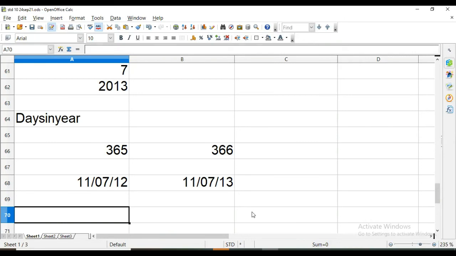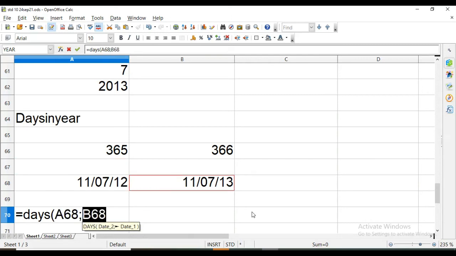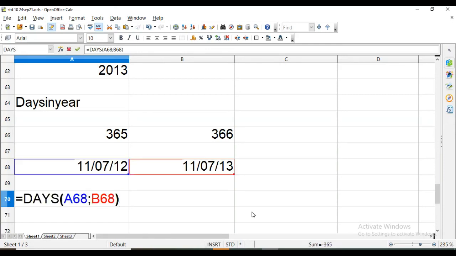The function is DAYS, is equal to DAYS, then in parenthesis date number 1 semicolon date number 2. Now it is giving us a result of minus 365 since the first value is lesser than the second one.